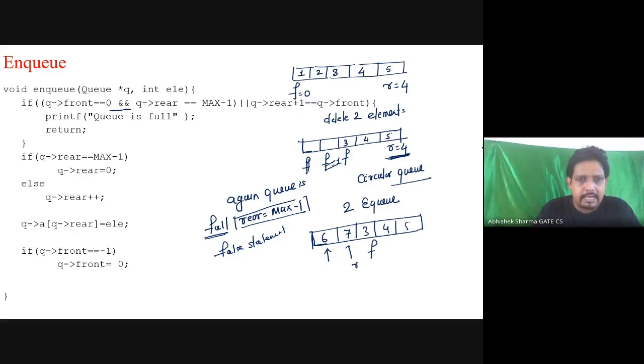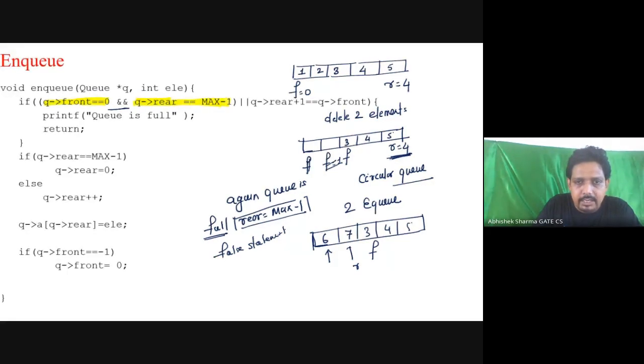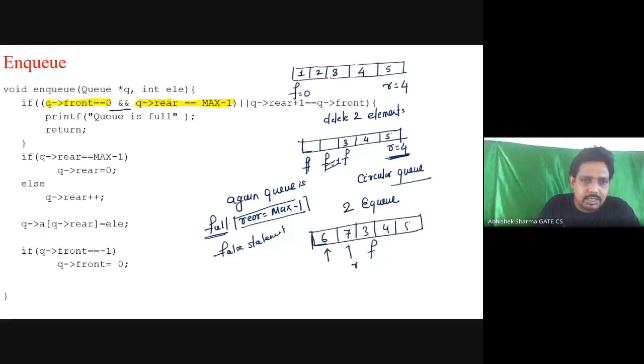So coming back here, I will check whether queue pointing to front equal to 0. The same condition, that I deleted 2 items and 3, 4, 5 remain. So this is the first condition of checking whether the front pointer is at 0 and the rear pointer is at max minus 1, or I need to check the condition queue pointing to rear plus 1 is equal to front.